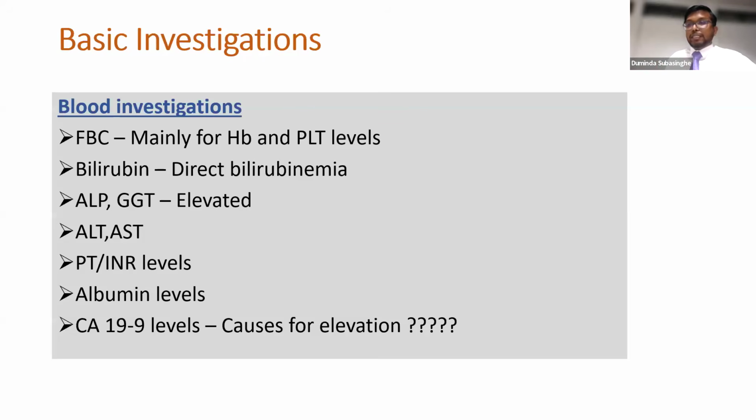Then the bilirubin. The interpretation of obstructive jaundice is direct hyperbilirubinemia, where your direct bilirubin is more than 20% of your total. And the other liver enzymes are alkaline phosphatase and gamma GT, especially the alkaline phosphatase, which is secreted by the biliary epithelium, and will be grossly elevated. Albumin level, again, is a liver function test. It's a reflection of your nutritional status. And when compared to the ALP, the AST and ALT will not be much elevated